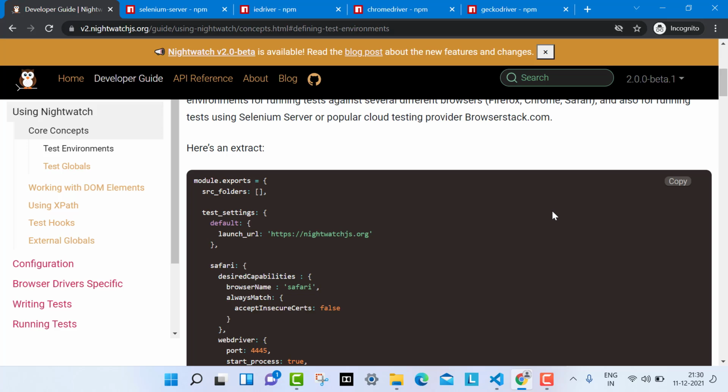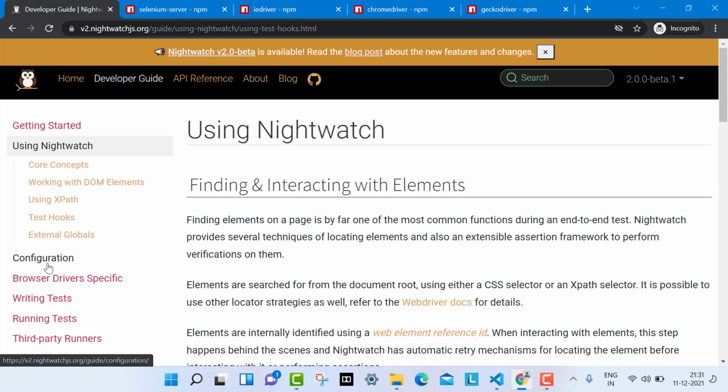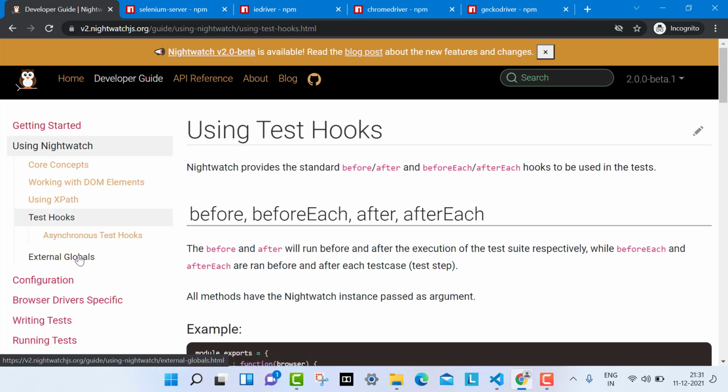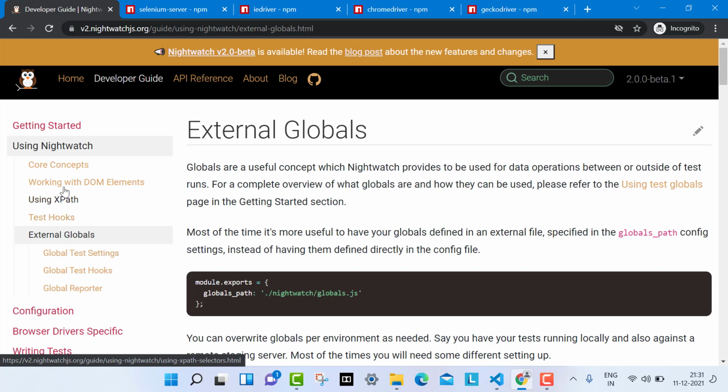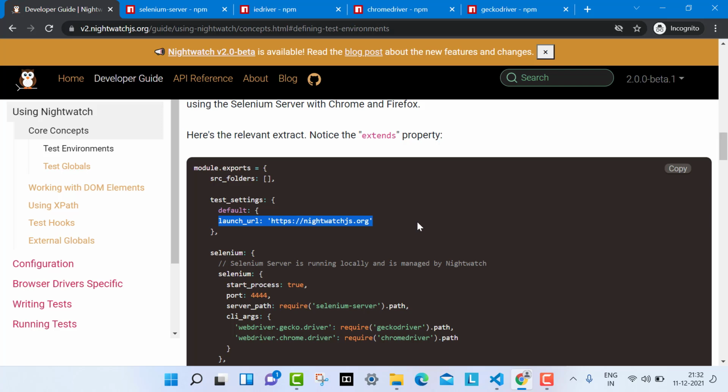Under the default settings, you can put so many things. Let me check. We will start with the first, which is the launch URL.